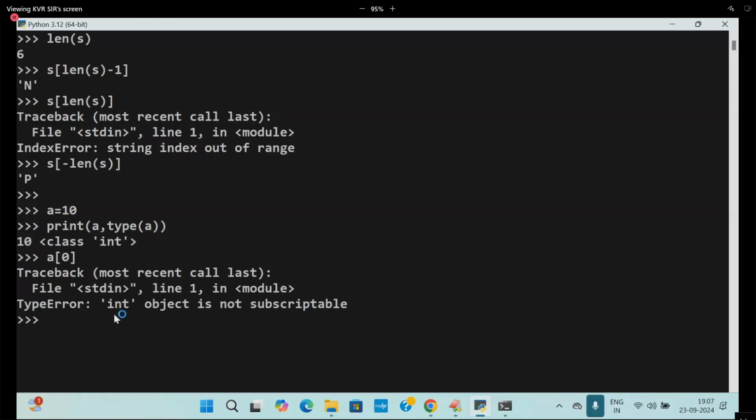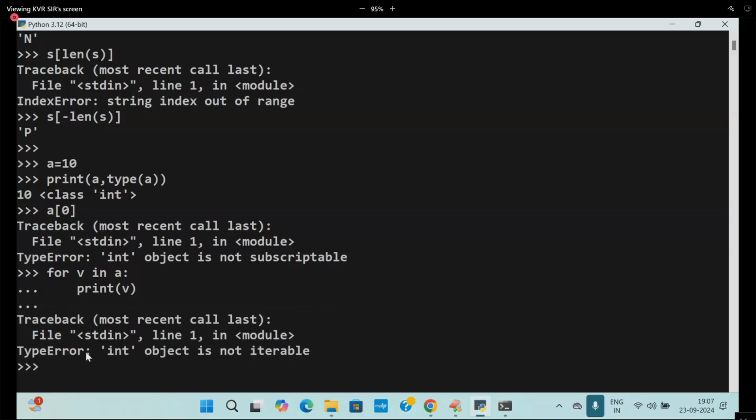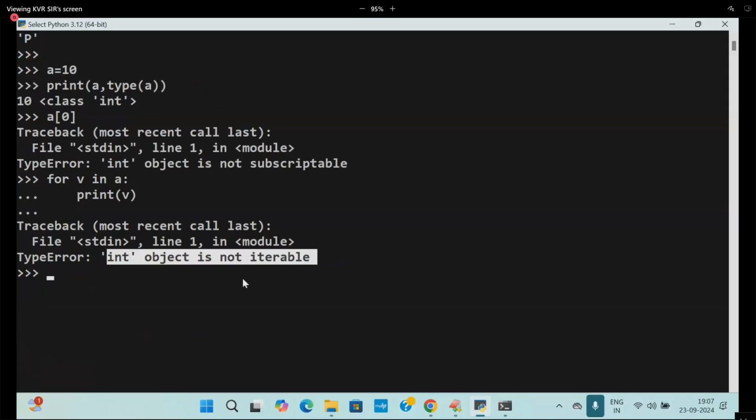What is that? Int is not subscriptable because it doesn't contain indexing. For V in A, print of V. You will get what? See this now. Int is not iterable. S is equal to Python.